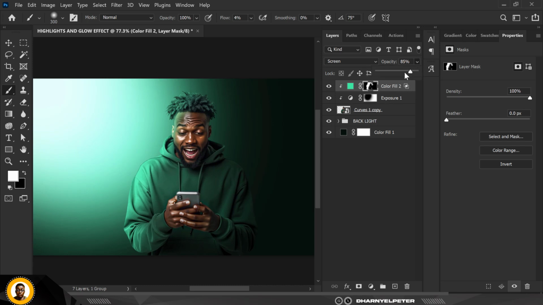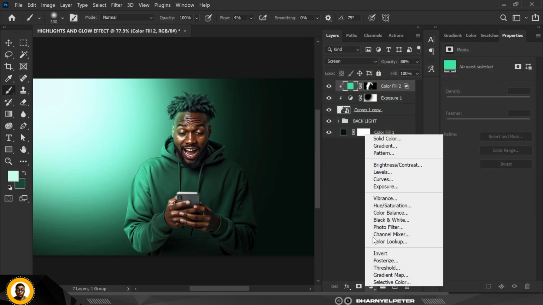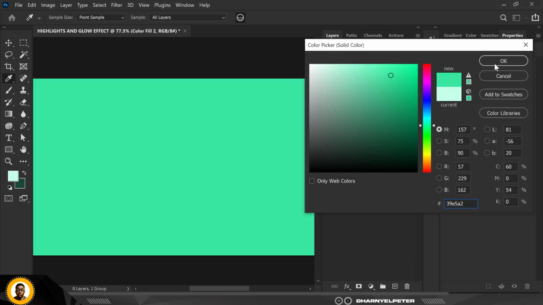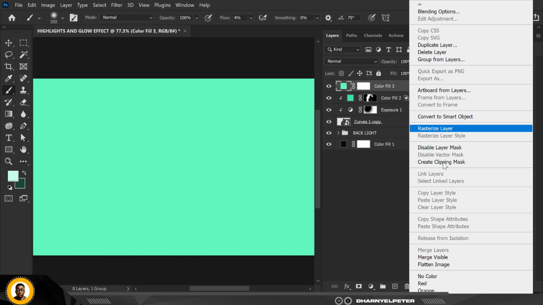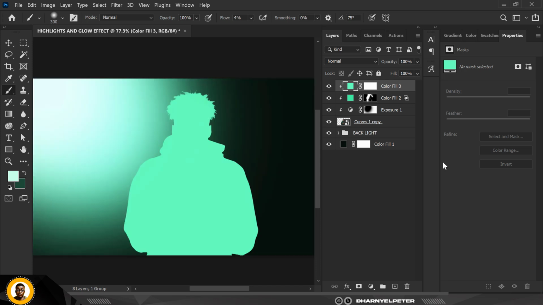So you can also reduce the opacity like this if you feel it's too much, whichever way works best for you, right? Great. This is the color code of the green I used, so click OK. Going forward, create another solid color adjustment layer, use the same color code. I can move to the lighter region and press OK, but this time I'm going to create a clipping mask also, but the only change here is I'm going to make this, instead of screen, I'm going to make it,